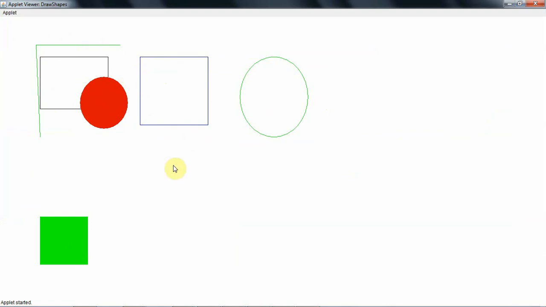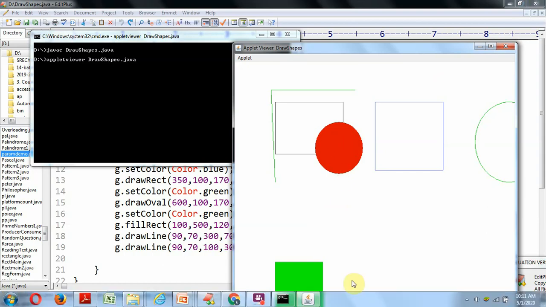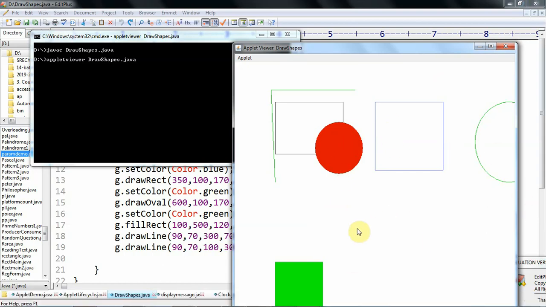Like this we can draw graphics on the applet window by using drawRect, drawOval, drawLine, fillRect, fillOval, etc., by setting different colors, red, green, blue. So this is about the Graphics class.